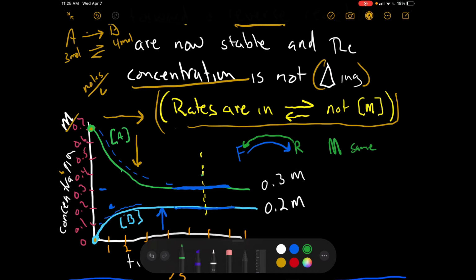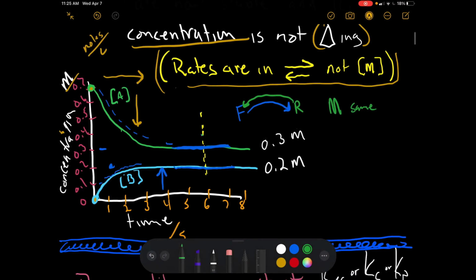And that's really how you tell equilibrium. You reach that point where the molarity just doesn't change anymore. The concentration is not changing anymore, and the rates of the forward and the backward reaction are in equilibrium. This is expressing the movement of equilibrium, and you can see that this stays at 0.2 and this stays at 0.3